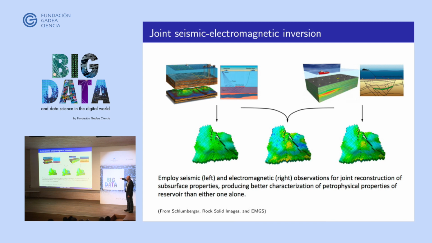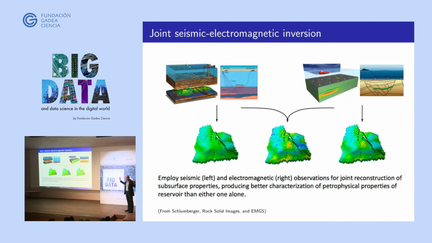In this case, seismic wave propagation and electromagnetic wave propagation. We can employ both to try to understand the subsurface. There's one subsurface, but we can use both data sets to understand different attributes of the subsurface, and we can then put priors on the attributes and essentially force them to describe the same model, right? When you have a seismic wave velocity, for example, and electrical resistivity, those are two different properties.